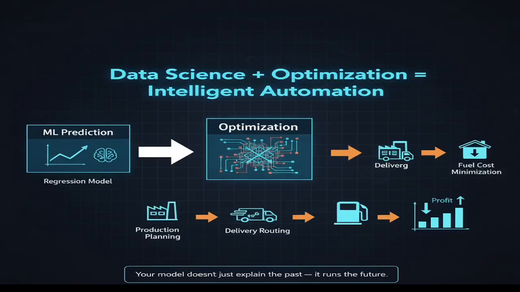Data science plus optimization equals intelligent automation. So basically what you are doing, you are optimizing and automating your current process. This is a kind of automation. First you will predict the data. Based on that prediction, there are different algorithms in the market, like regression model. Basically a lot of companies use regression model, XGBoost model. A lot of companies use that.